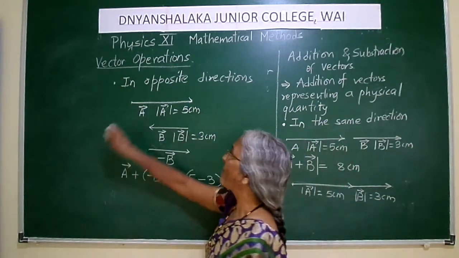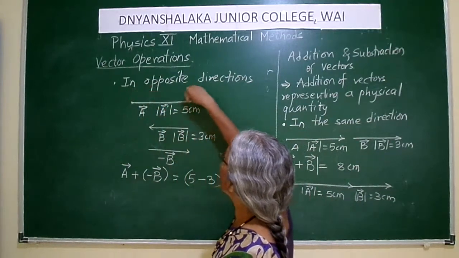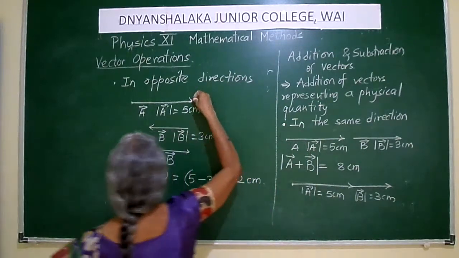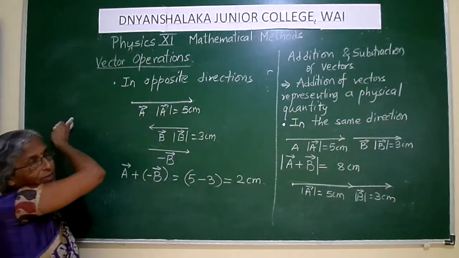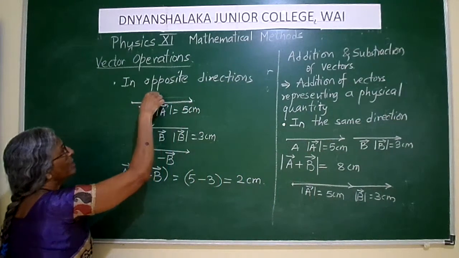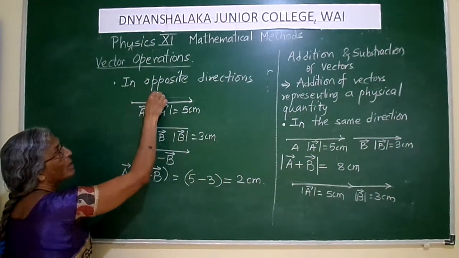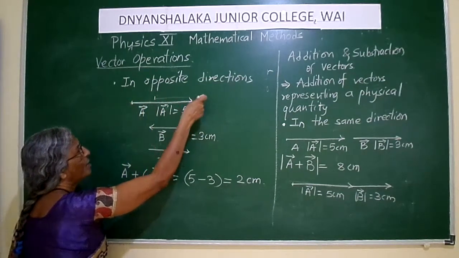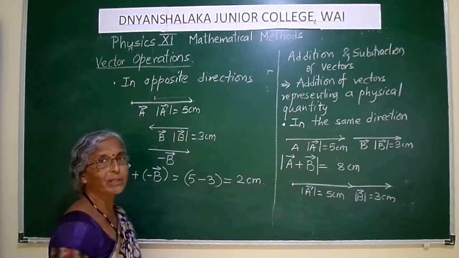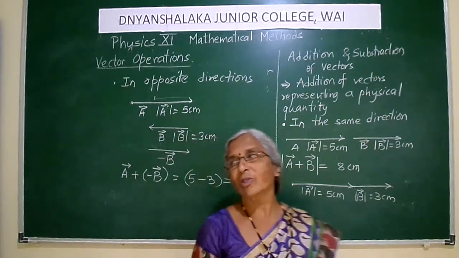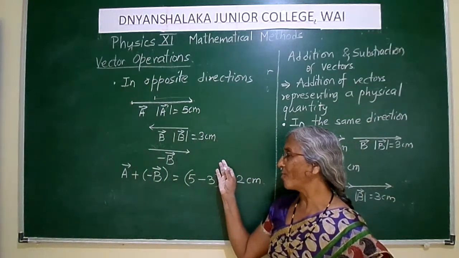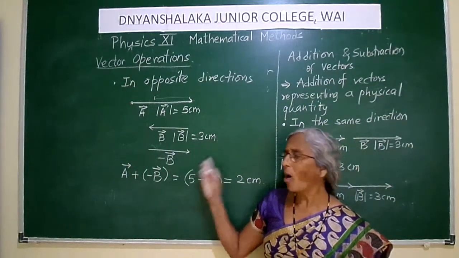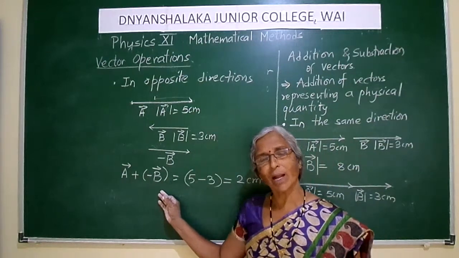देखो, सिंपल थिंग है. ये पार्टिकल यहां से पहले यहां डिस्प्लेस हो गया 5 सेंटीमीटर. ओके, और बाद में उसने फिर से इस तरफ जाना शुरू किया 3 सेंटीमीटर. तो यहां आ गया वो. अब ये पॉइंट से ये पॉइंट तक उसका डिस्टेंस कितना होगा? ये 5 माइनस ये 3, 2 सेंटीमीटर. ओके, so this is addition of vectors when these are in opposite directions. Are you getting it? Or you can take it as vector subtraction.